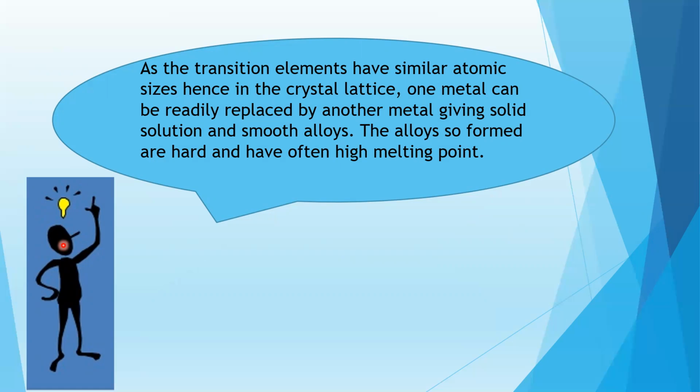As the transition elements have similar atomic sizes, in the crystal lattice one metal can be readily replaced by another metal, giving solid solutions and smooth alloys. The alloys so formed are hard and often have a high melting point. Basically, we have an alloy of copper, zinc,